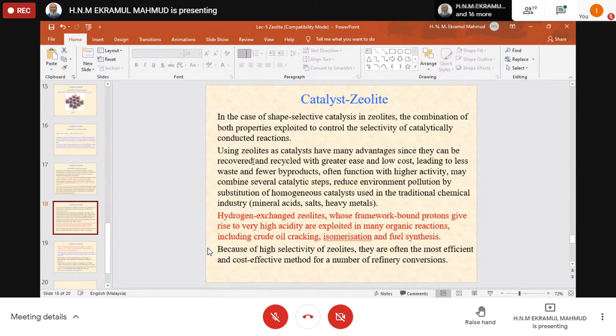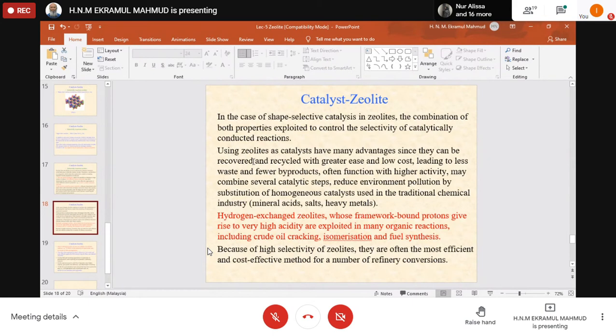Anyway, this is an important thing we should look into in a catalyst, because we will not throw away the catalyst. Otherwise it's not a good catalyst, right? One-time use, throwing away, you will have a lot of expenses on this catalyst. If you can regenerate, of course, this will save and minimize your cost, and it will be the right catalyst for you. Otherwise, a catalyst may be good, but if it cannot be regenerated or recycled, it's of no use industrially, because we are concerned about the money.